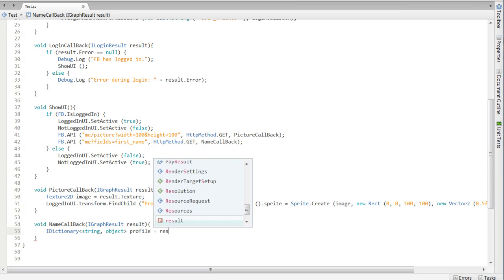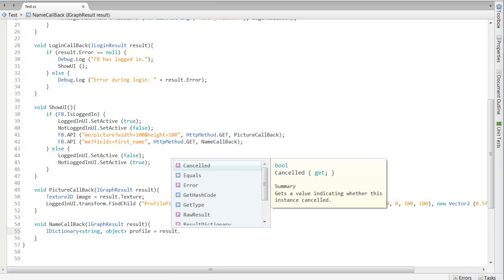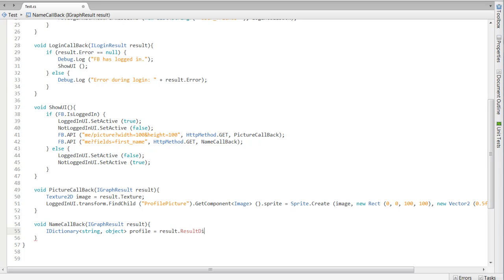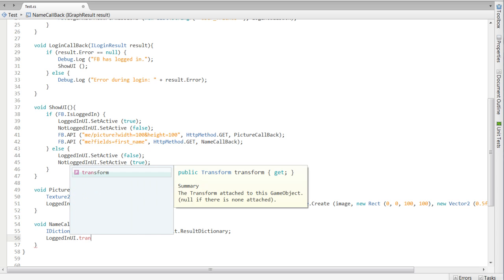And we can access it with the ResultDictionary property. And in this profile, it's going to be the field with the key first_name that is going to interest us. So we're going to do the same thing as before. In our logged in, we'll find the interface. We'll find the child, which is named name, I think,